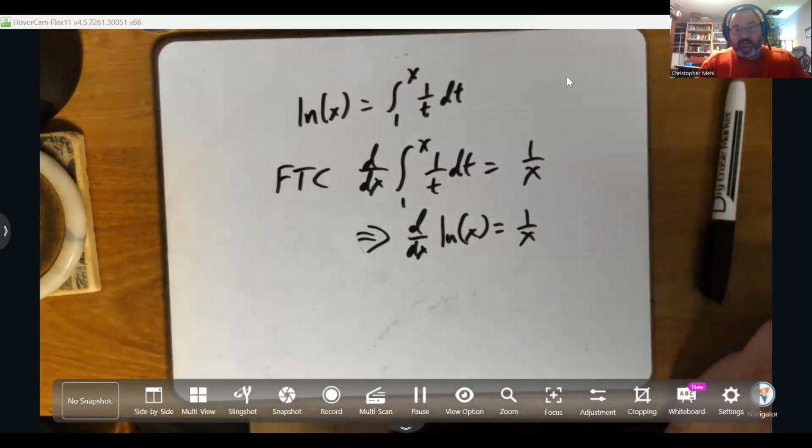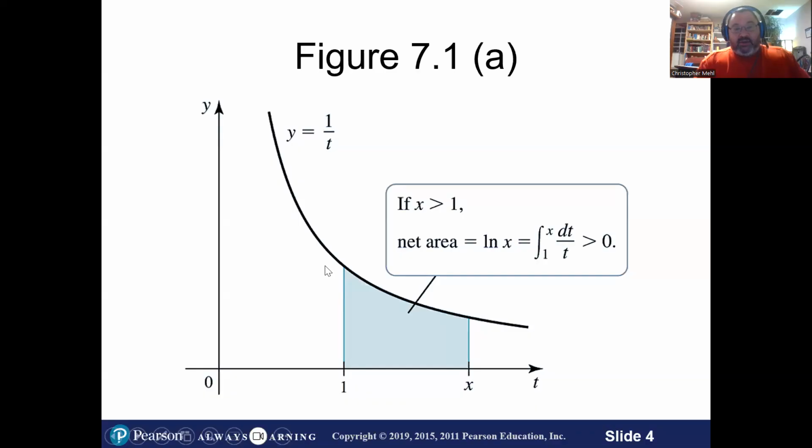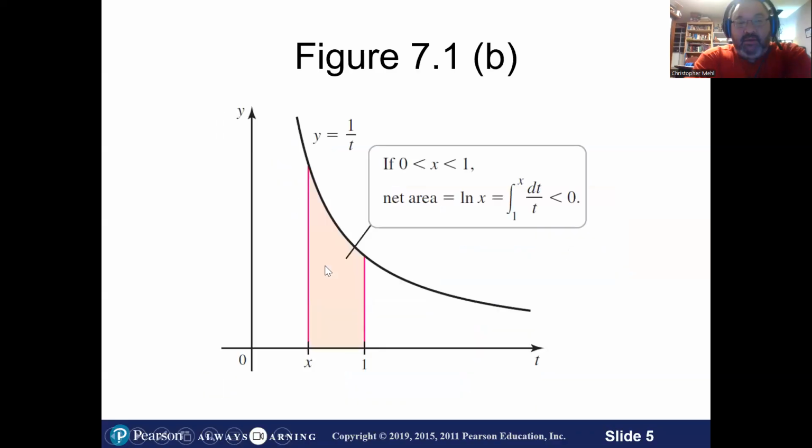All right, so now let's jump back here to this. And so that means, right, that since we're defining the natural log as the integral from 1 to x of 1 over t dt, and that area will always